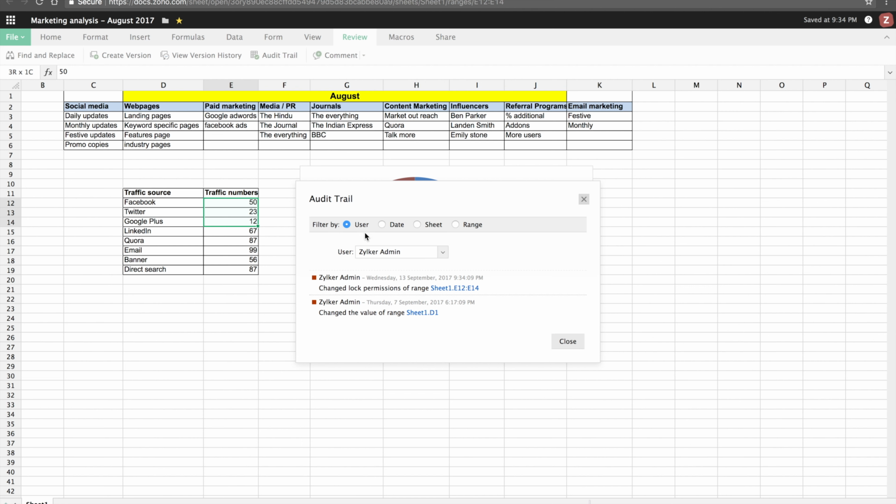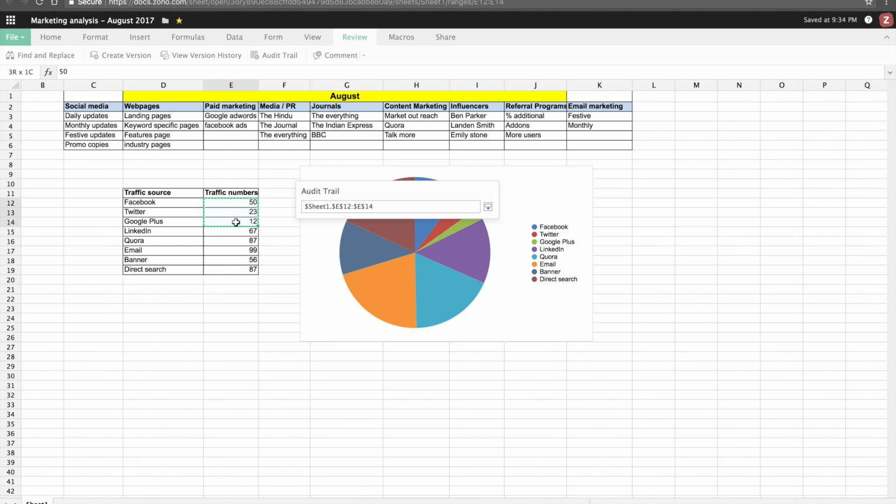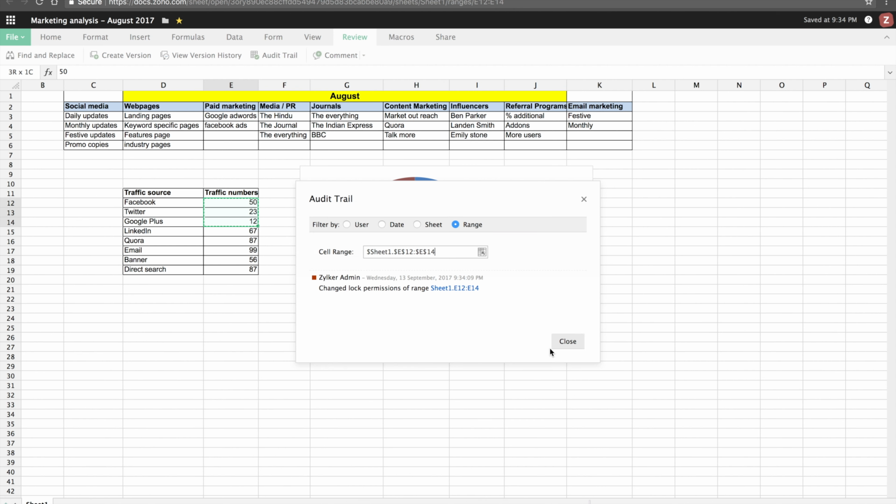You can select it based on which user has made a change, based on date, or the sheets if you have a lot of tabs within this document, or even a cell range. Now, let's say we want to see what changes have been made in this cell range. You see, these are the changes that have been made in this particular cell range. We just locked the cell and it appears very clearly over here.